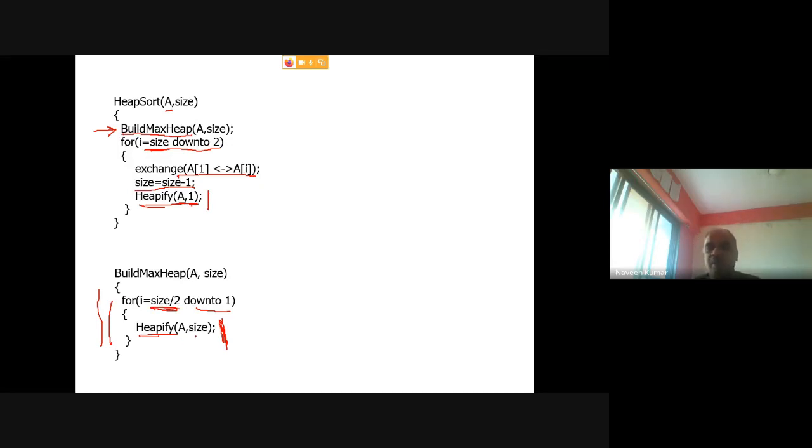Here we are doing something else, right? We are sending size. Why? Because subtree rooted at size divided by 2. So problem is with the size divided by 2, and size divided by 2 now becomes this I. Sorry, this will be I. So it is not size, it is I. Right? Problem is with the I. Next time problem is with the size by 2 minus 1, means I minus 1. Right? It should be I.